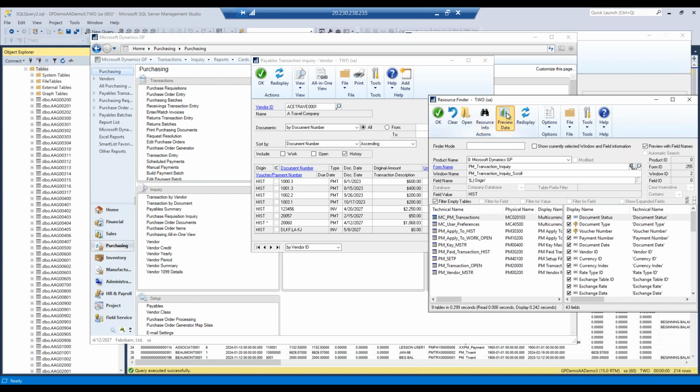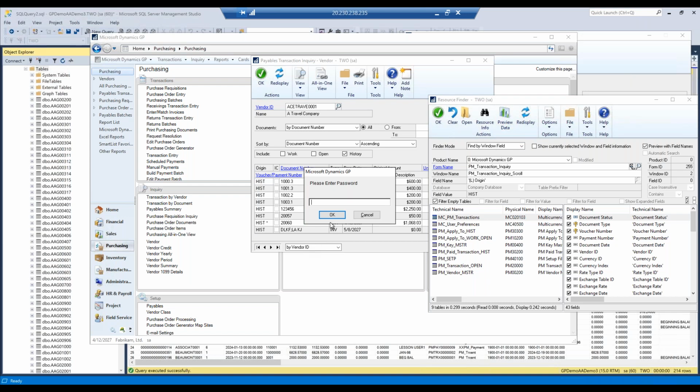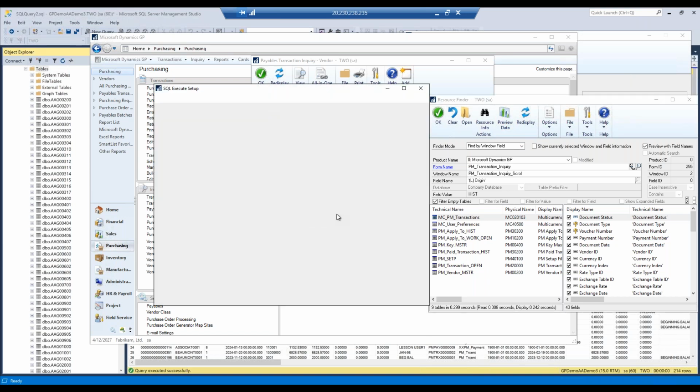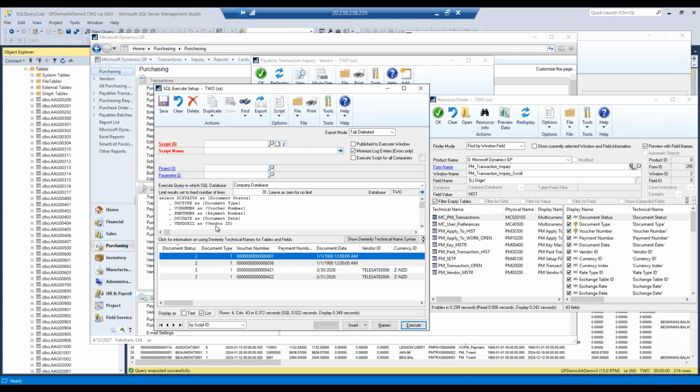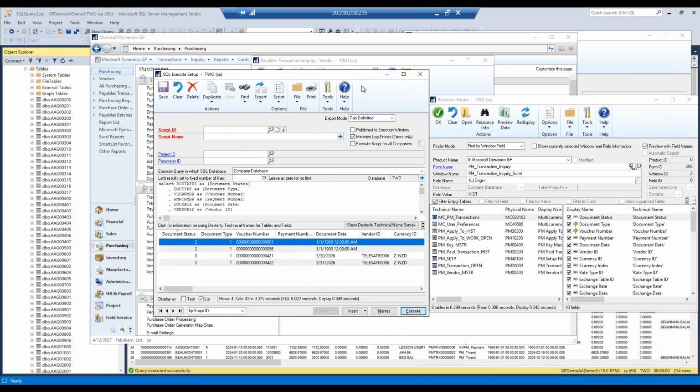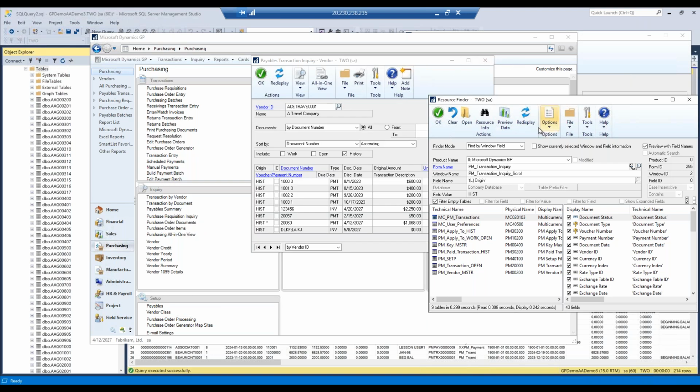If I hit the preview data, it then produces a status, and there is the document itself. As you can see from there, that's what the data looks like. So it allows you to preview the data. These are all part of the GP Power Tools. GP Power Tools allows you to do that kind of thing. So I know that that's very quick,